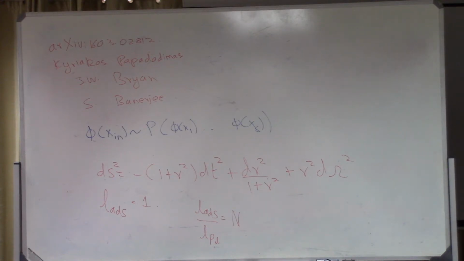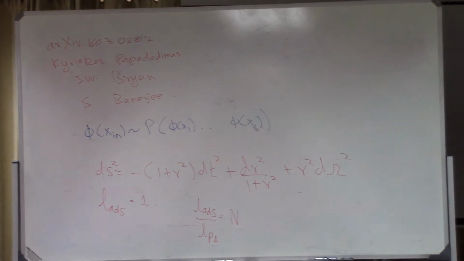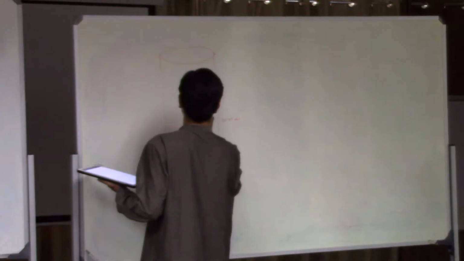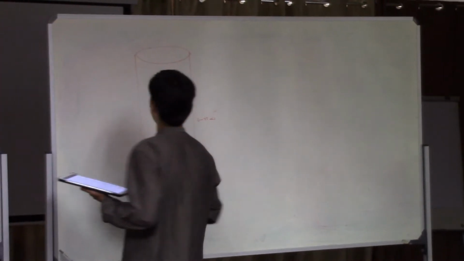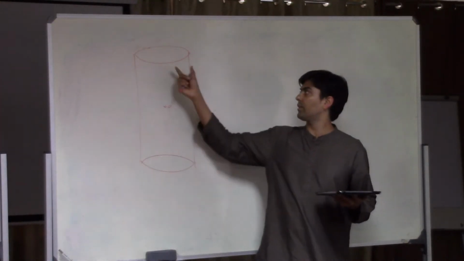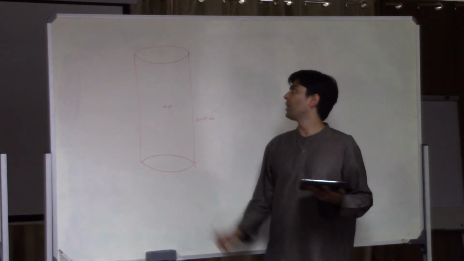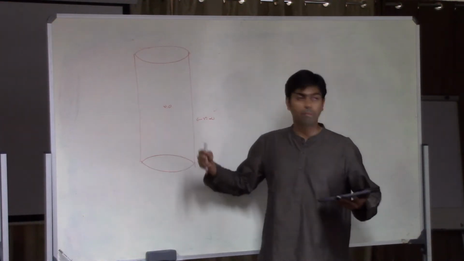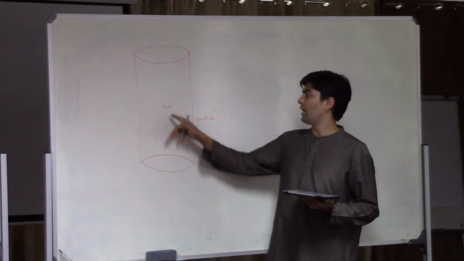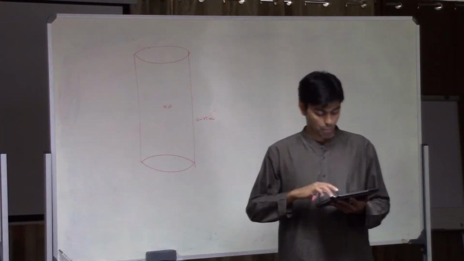Good. So geometrically, the way you should think about empty anti-de Sitter space is in terms of a solid cylinder, where this is R equal to infinity, and this is R equal to 0. And so there's some boundary of the cylinder. This boundary is a sphere, and then there's a bulk of the cylinder. It's a solid cylinder, and the center of AdS is at R equal to 0.